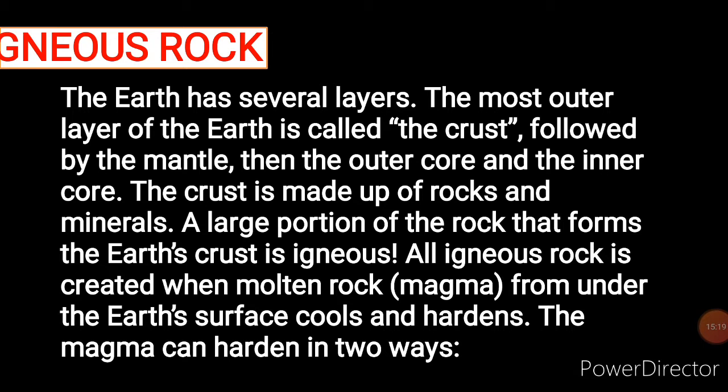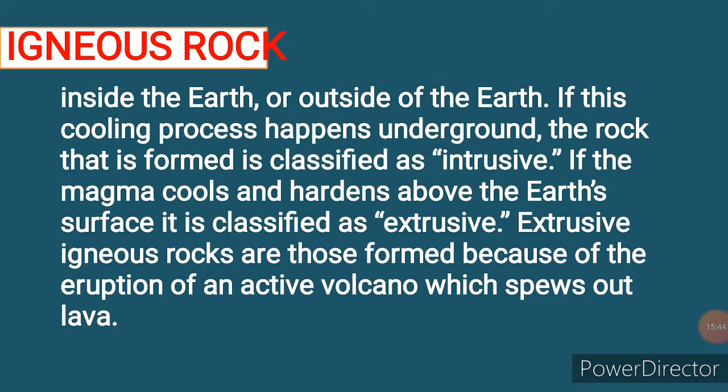It will flow out of the earth and come out on the surface, and it will also form rock. When the magma flows out, it is no longer called magma, it is called lava. Say lava. Lava. So when lava cools, it will form igneous rock. You know it has come out already, is it not? And it is forming outside. So that kind of rock is called extrusive igneous rock. Say extrusive igneous rock. Extrusive igneous rock.